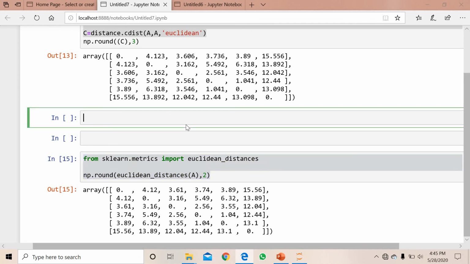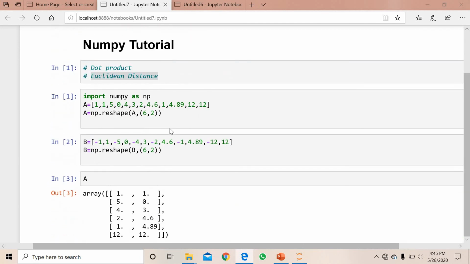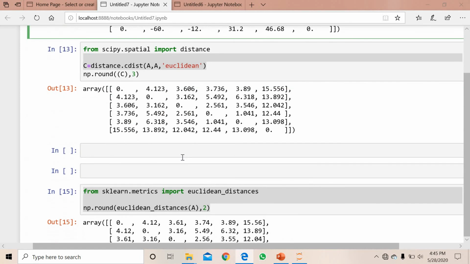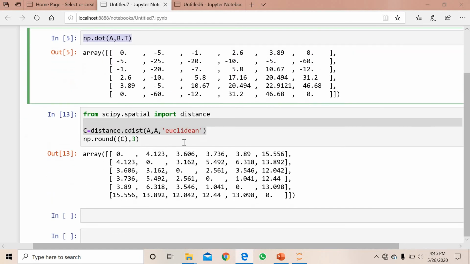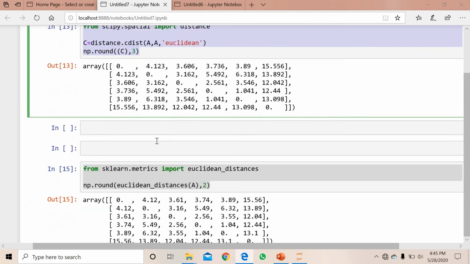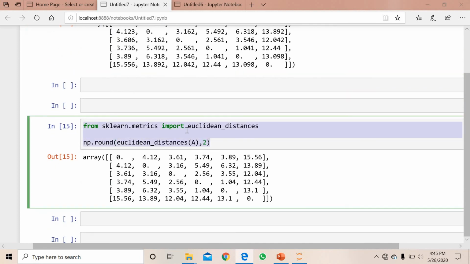Now, hope this makes sense, guys, how to use the dot product. This is the simple syntax to calculate the dot product and the Euclidean distance. Here are two methods; whichever you want, you can choose that one, and you will get the same output.